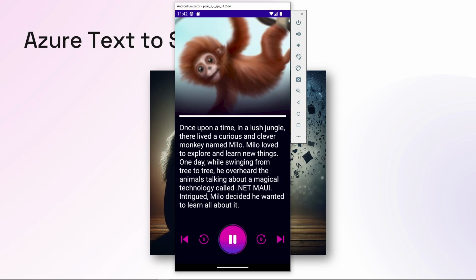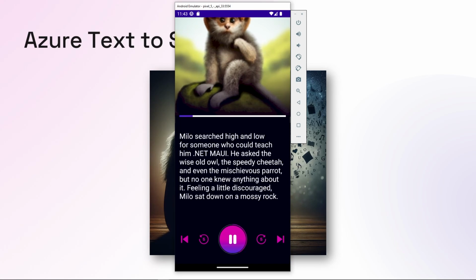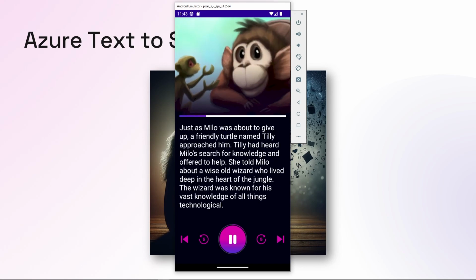Intrigued, Milo decided he wanted to learn all about it. Milo searched high and low for someone who could teach him .NET MAUI. He asked the wise old owl, the speedy cheetah, and even the mischievous parrot, but no one knew anything about it. Feeling a little discouraged, Milo sat down on a mossy rock,